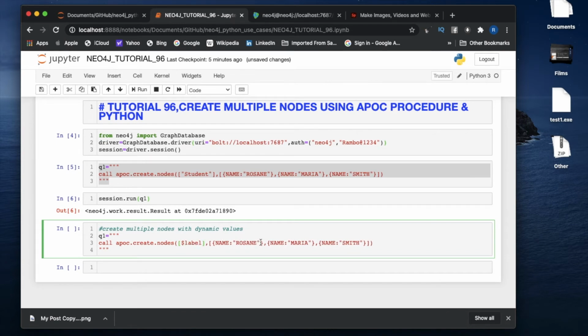Let's say dollar name, and here also dollar name.